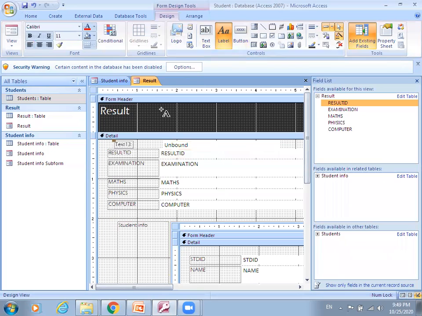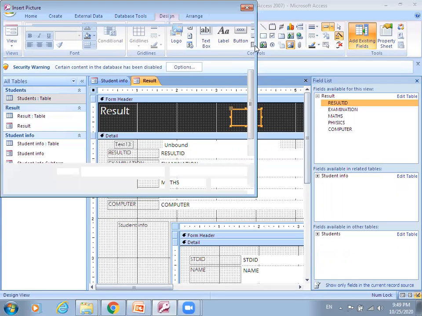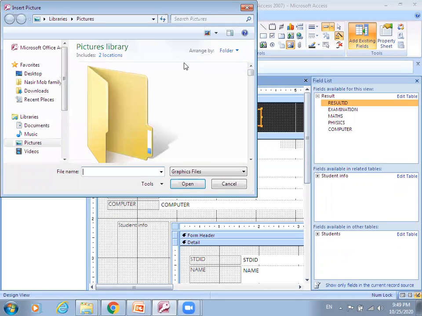If you want to add a label, you can add the label. You want to add check boxes, radio buttons, you want to insert a picture, you can add all these things with the help of these controls. With the help of these controls you can add and modify things.